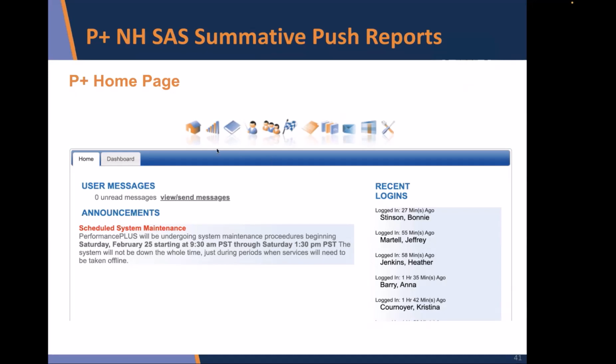But you should have all of these icons up at the top here that would show you that once you log into Performance Plus, that gives you access to this. Where we're talking today is in this little graph, which is the reporting portion of Performance Plus. So you're going to click right on that